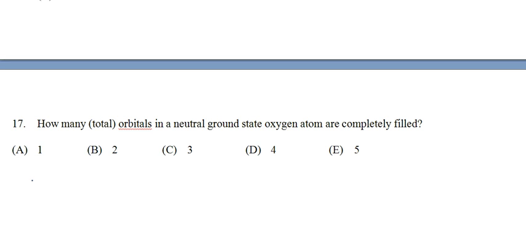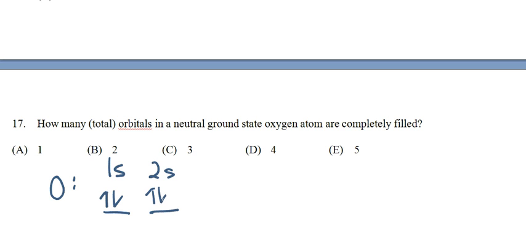Number 17, how many total orbitals in a neutral ground state oxygen atom are completely filled? Well, probably the first thing we should do is write the electron configuration. So oxygen, we have 1s, 2 electrons in there, 2s, 2 electrons, 2p. How many orbitals are there? 1, 2, 3. So we'll drop 1 electron in each orbital, and then we go back